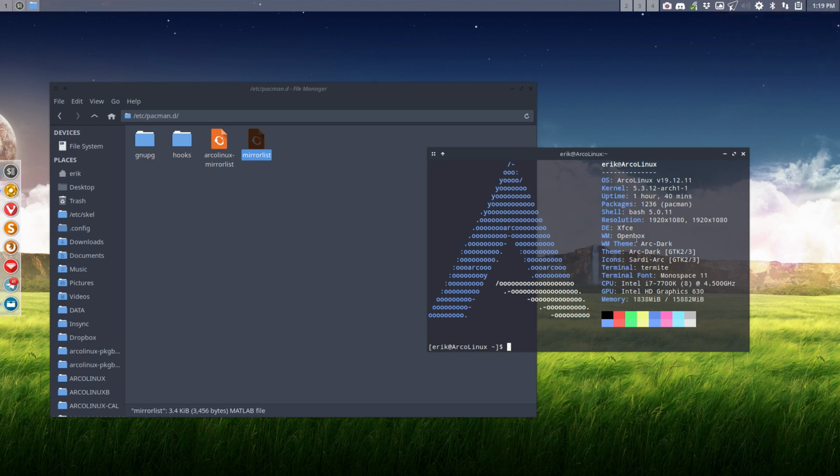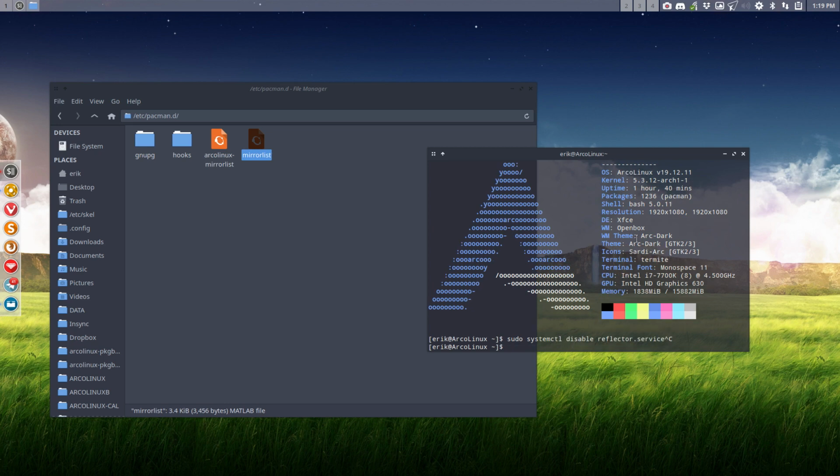You won't see it anymore. But if you have not done that, you should do a sudo systemctl disable reflector service. I can't type this because it's not available on my machine. But there used to be a service like that. That was not working, so that's out of here.